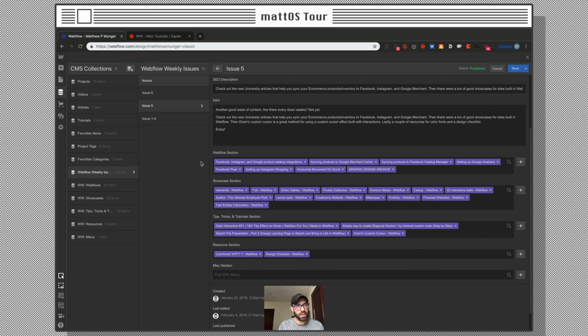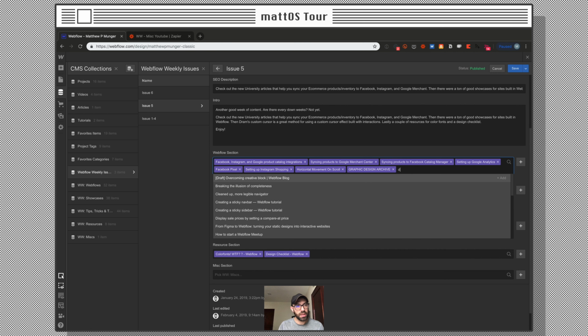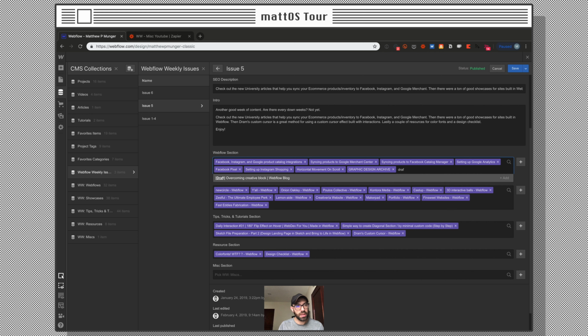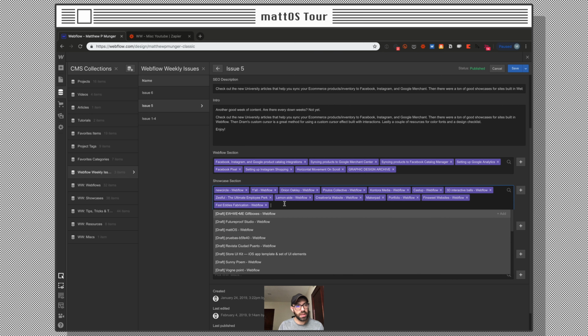But now that I've got each section that's in the visual design broken into different CMS collections, I can just come here and say, okay, what's a draft item that hasn't been published inside the Webflow collection or inside the showcase section. And so I can see all my draft items and I can just boom, pull them in